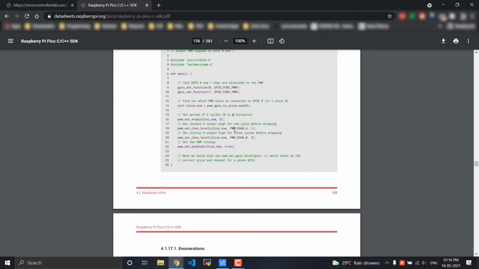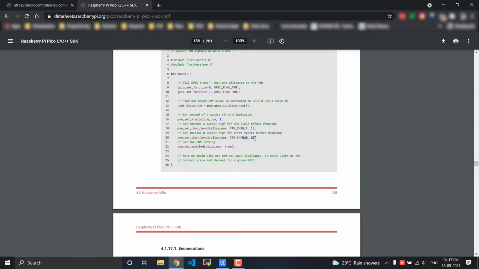We then set channel A to be high for one cycle before going low. Since we have 4 cycles and we have configured channel A to go high for one cycle before dropping back to 0, this means that this GPIO will have 25% duty cycle or 1/4 of the maximum brightness.